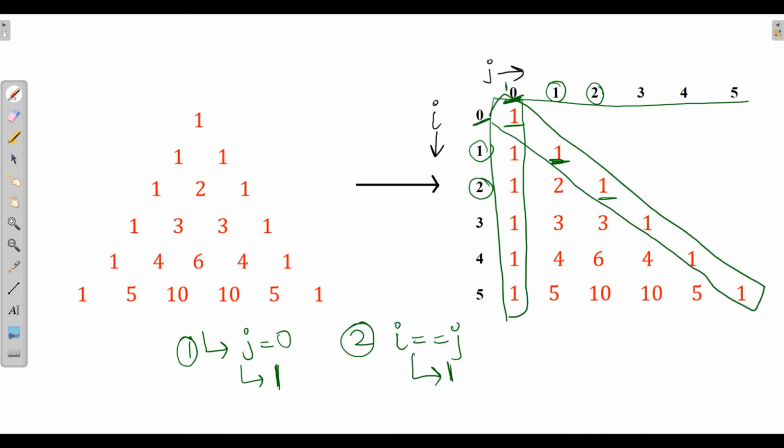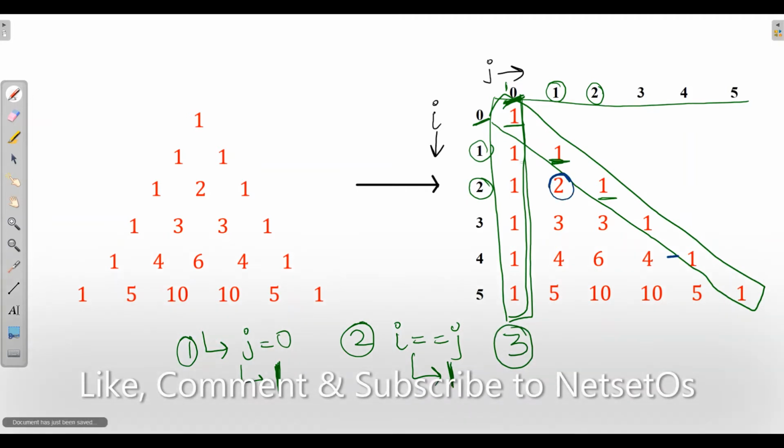So up to here, whenever j is equal to 0, we have 1 for the first column. Then all the diagonal elements will have 1. And the most important point is this 2. How did it come? By addition of its above number and its leftmost number.